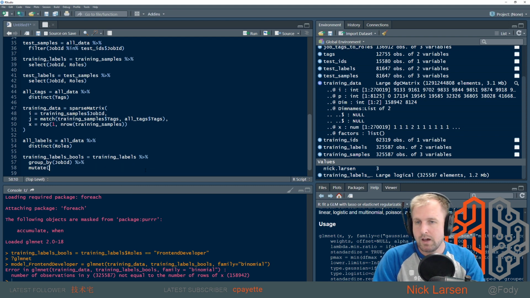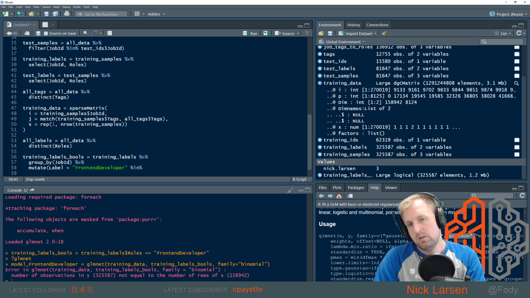So now what we have is for any given job ID, all of the roles, we can say label equals front end developer